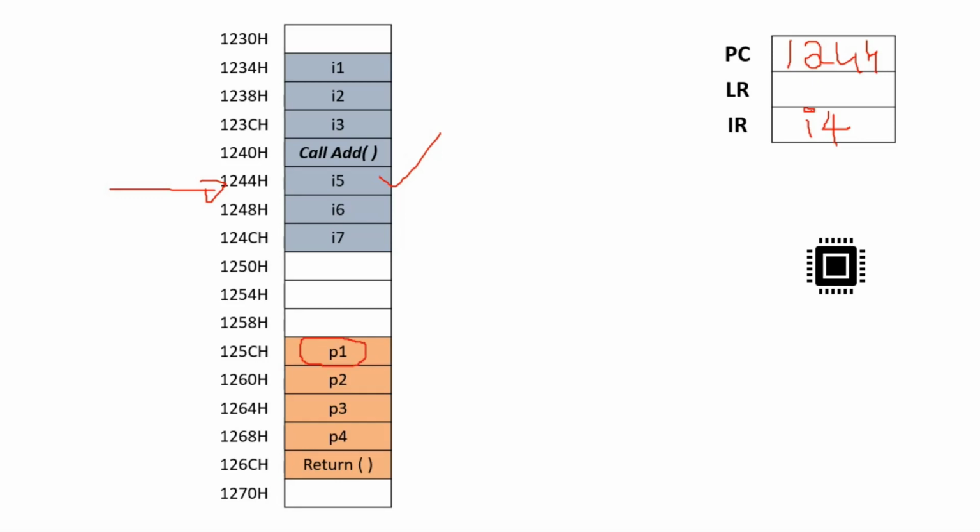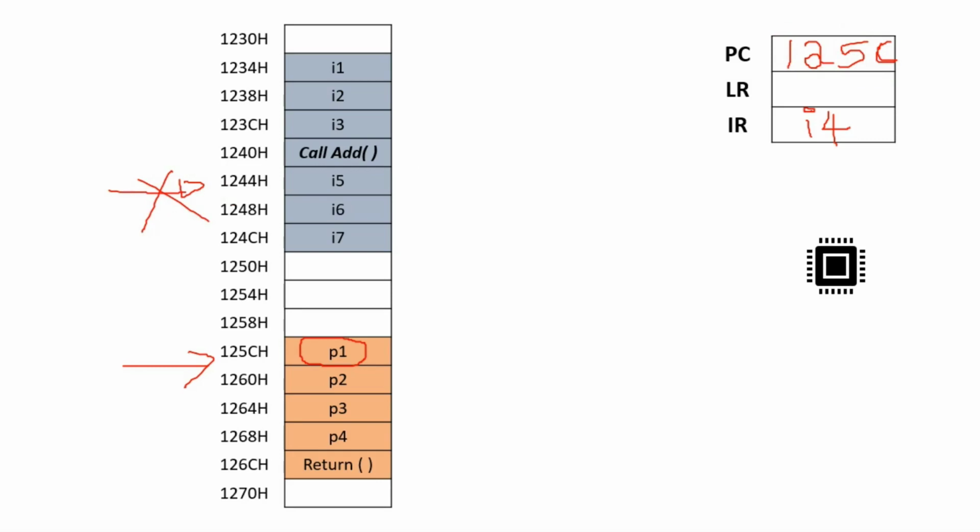The processor has to change the PC value, because the next instruction to be executed is actually pointed to by the program counter register. So the processor removes the program counter address, that is 1244H, and places 125CH in the program counter.